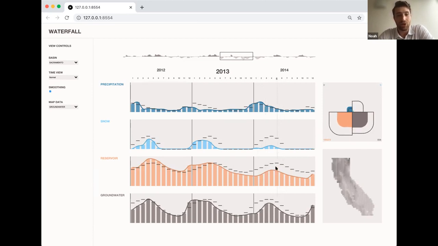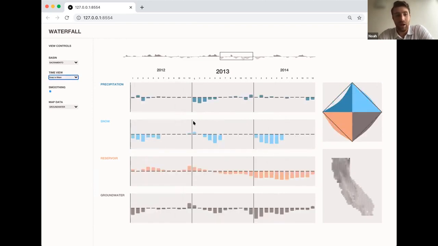At this point, what I'm going to do is switch to my snap to mean view, which is going to show all the values relative to their normal monthly mean. And this is providing me with a really clear way to see just how much a few years of low snowpack can really start to impact groundwater and surface water levels, even as rain stays relatively constant. We had a little bit of a low year in 2013, but not as much of a fluctuation as we're seeing with the other ones. So just the snowpack changing is actually having these dramatic changes in reservoir